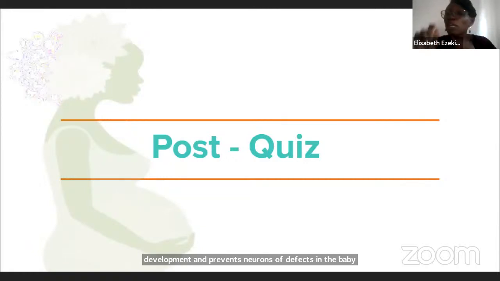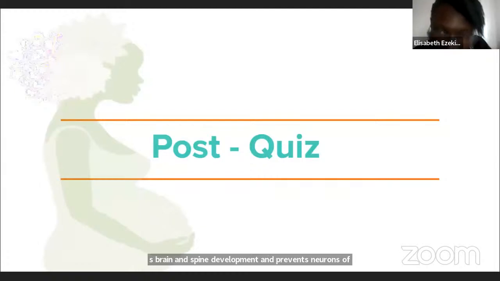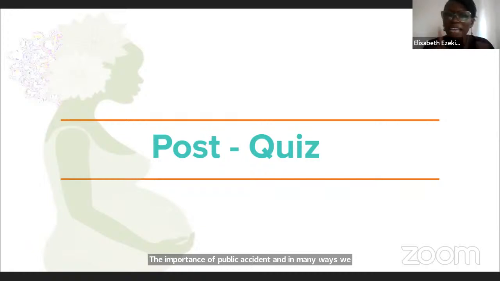C, it can only be obtained from animal sources. D, it is not necessary if you eat enough carbohydrates. What's the correct answer? B. B, it helps make blood, supports brain and spine development, and prevents neural tube defects in the baby. Remember, she emphasized the importance of folic acid and the many places we can get it from, vegetables. You remember that. Number 4, why are the first 500 days of a child's life considered the most important and